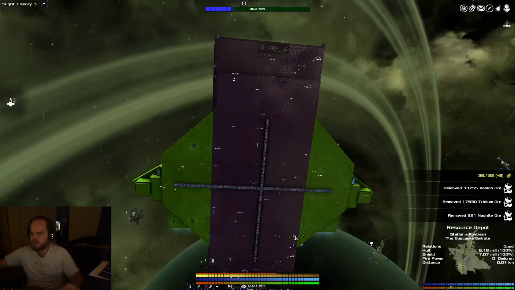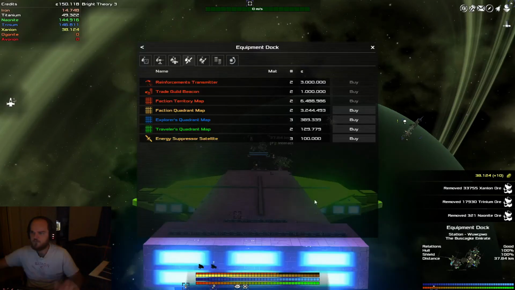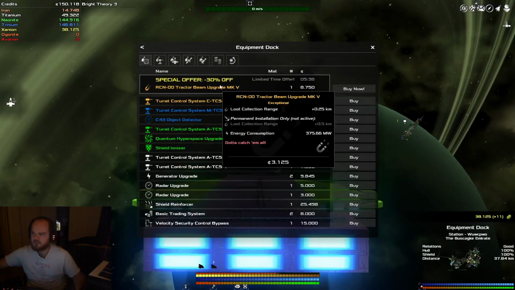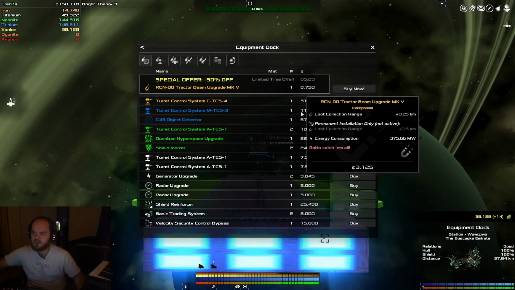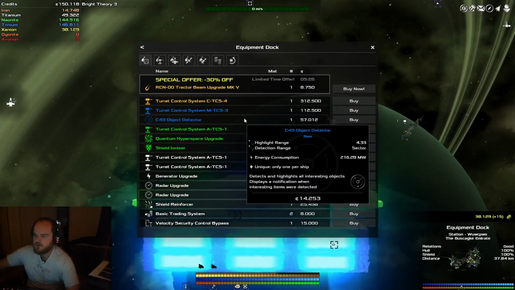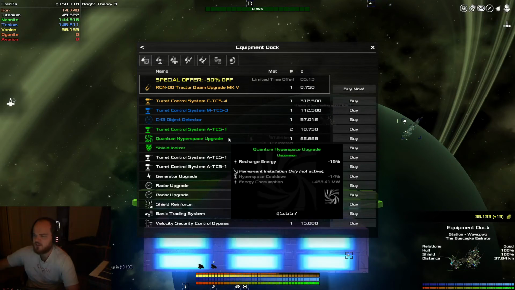But it's kind of good to check these equipment docks out as you pass them, because they're few and far in between, so they might have something really good that you want. Like this tractor beam upgrade, if you wanted a tractor beam upgrade, that's not bad. It's only 9,000 credits too. This turret control unarmed. This isn't armed, that's blue. So we could buy that, I guess. 112, it'll take basically all of our money, but that's alright. We could buy this, well,